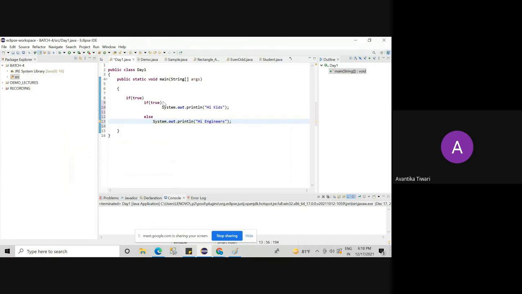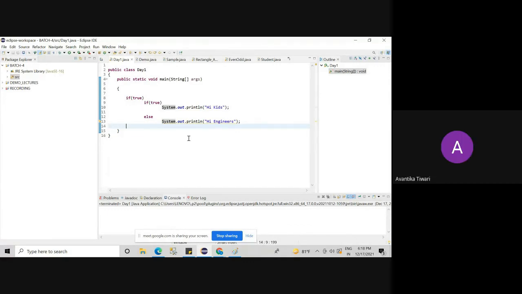Okay. So what we are doing? We have nested if else. So we have two if statements, but only one else statement. Now tell me, this else belongs to which if? The second one. Second one or first one? First if or second if? Second, ma'am. Why? What is the reason? Can't say without curly braces, I guess.